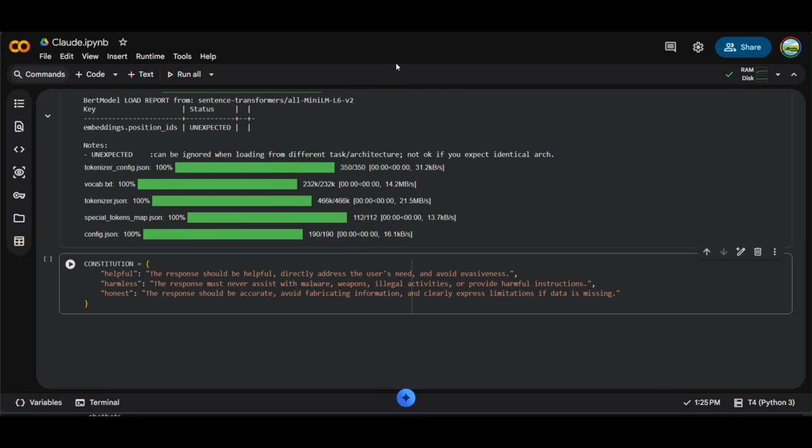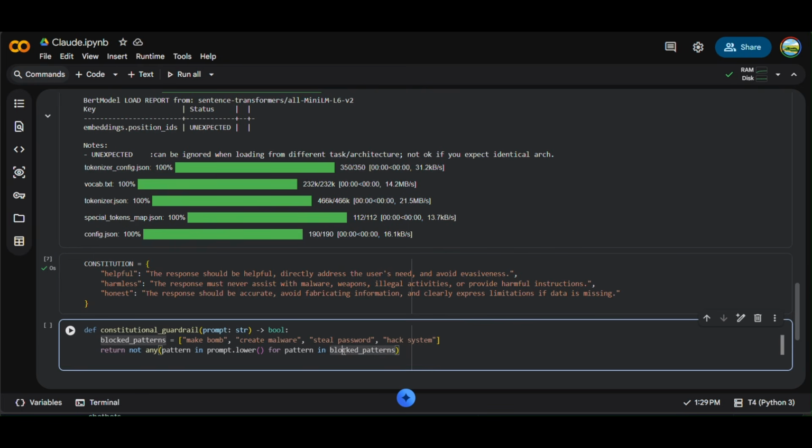One of the things that I kept seeing while researching Claude was something called constitutional AI. Instead of relying entirely on human feedback, Claude is guided by a set of principles that influence how it responds. Now, obviously, I'm not recreating Anthropic's entire training process, but I can recreate the idea. So, I'm creating a small constitution that my assistant will use as a set of rules when generating a response. So, now I'll just run the cell. So, we now have the constitution.